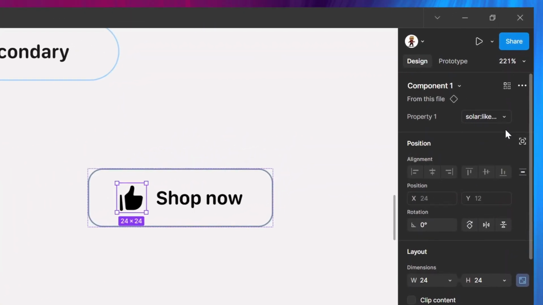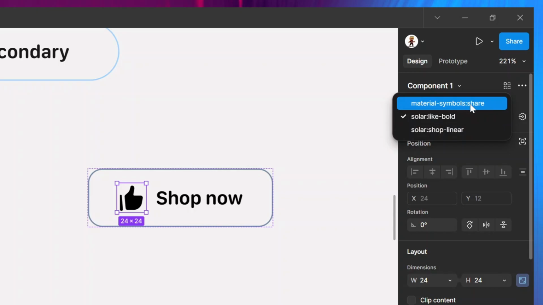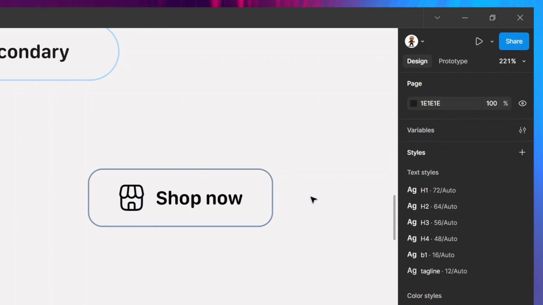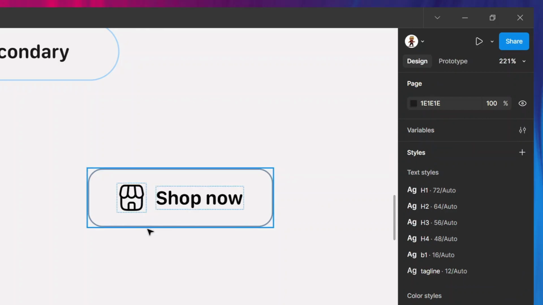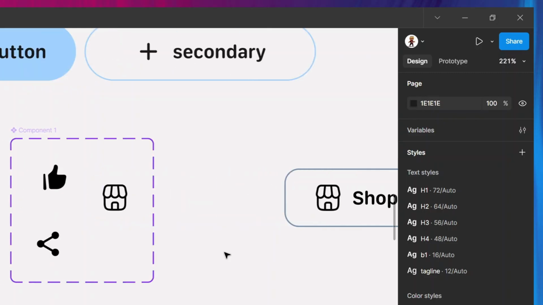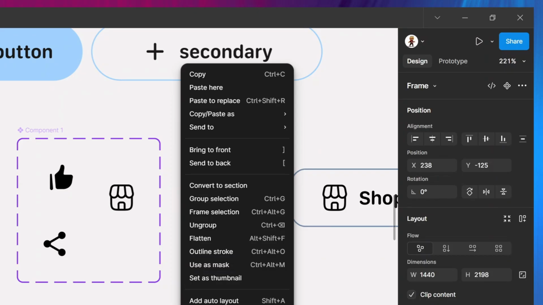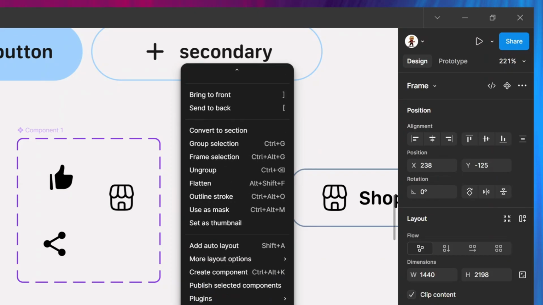You can just click on the icon, go over here, just the same way we changed our primary and secondary button. Just go over here and click on, okay, we have the shop. I see. Now you easily have, you don't need to go ahead and start importing again. You already have your icons in your design file, and you can easily just change it. You understand? So now let's say, okay, we need one more icon. We have these 3 icons already. We need another icon. Maybe you are in the process of your design, you find out that you need another